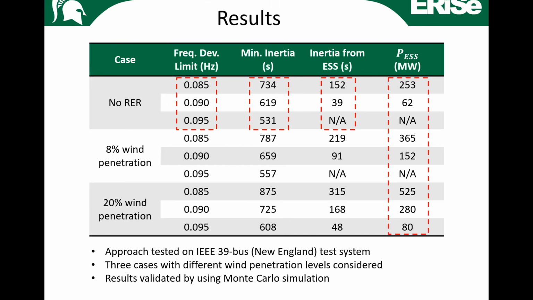But if we do want to move to a future with 20% wind, then even with fairly relaxed frequency deviation limits, and the frequency deviation limits are regulated in different countries by the regulatory agencies. Here it's NERC, or the North American Electric Reliability Corporation, that regulates our limits. But we can take the rate of change of frequency and the amount of storage that we just talked about, the inertia, and convert it to the size of the storage unit that we need.